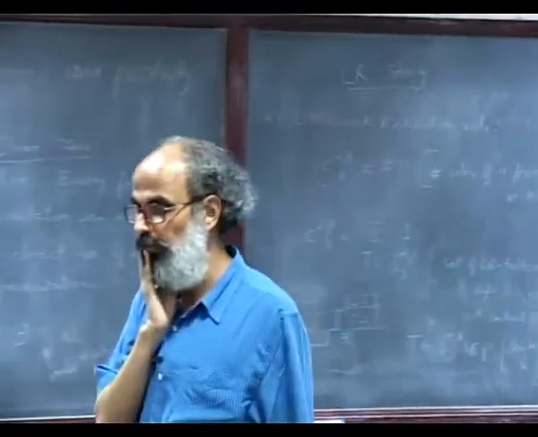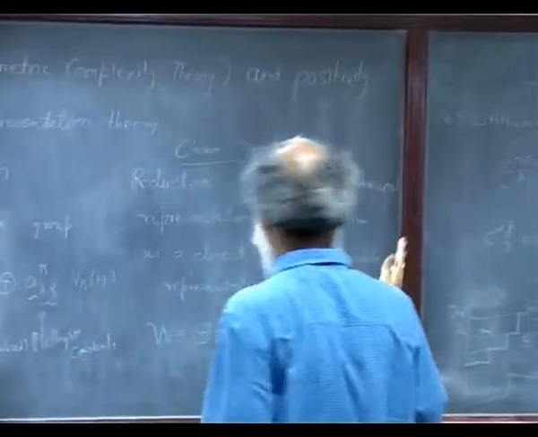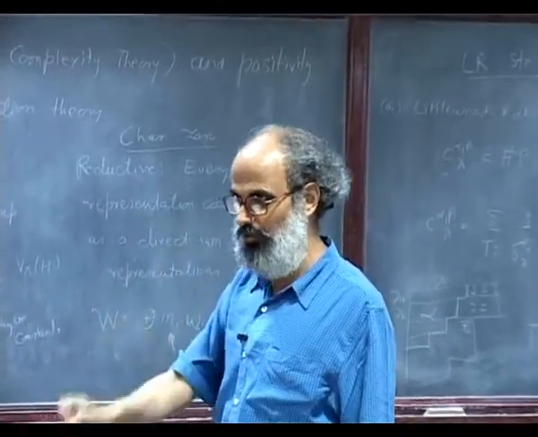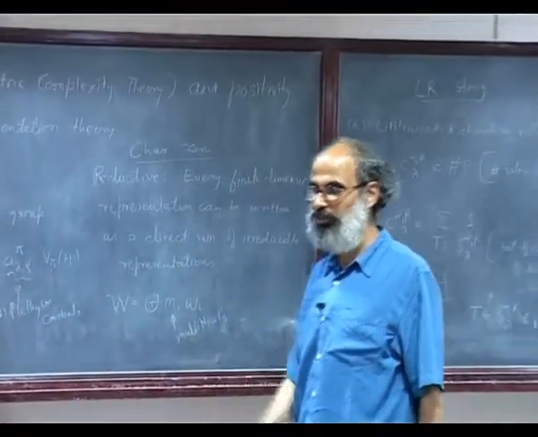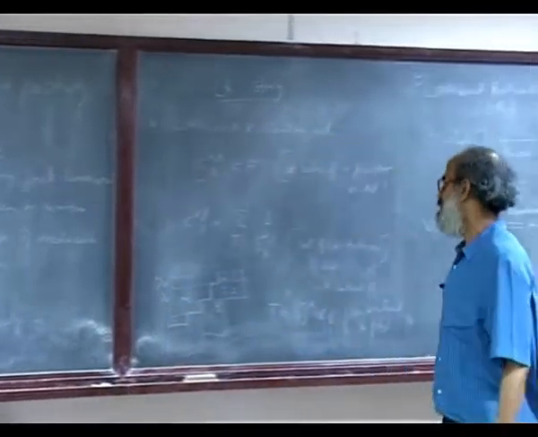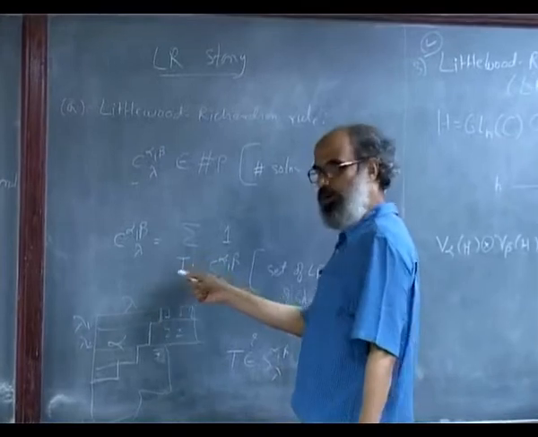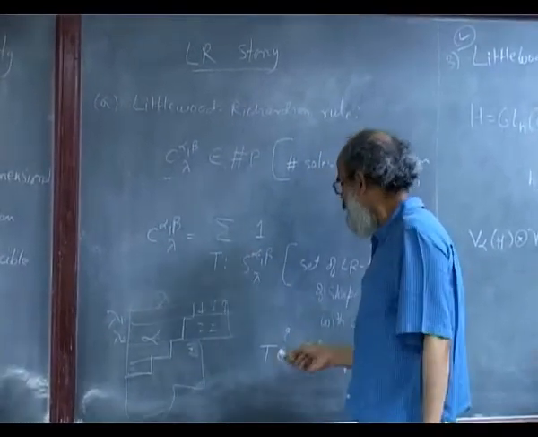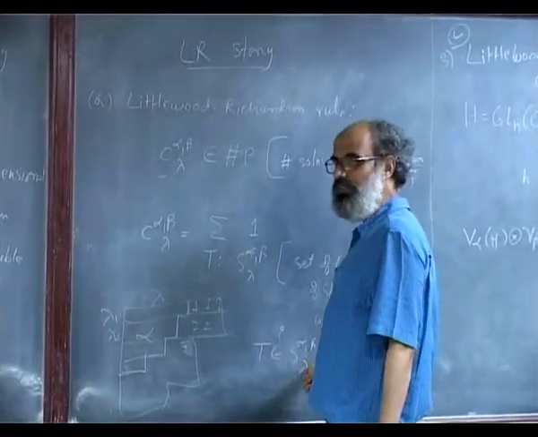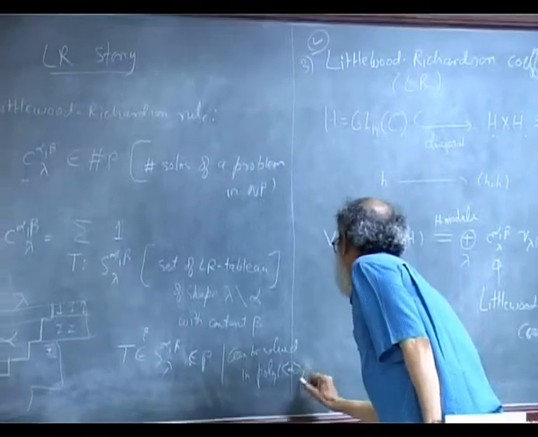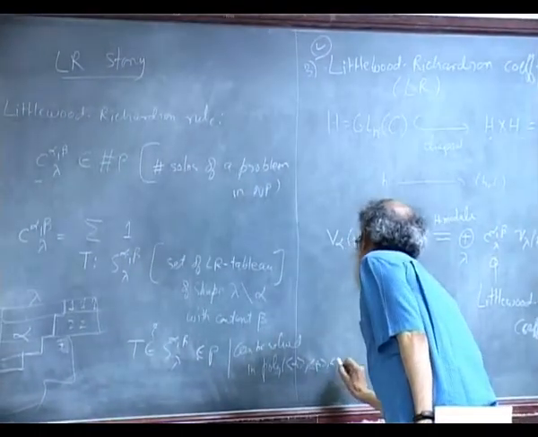Excuse me? You can't compute the formula in polynomial time. Each term, whether that term is correct or not, you can verify in polynomial time. That is what a Sharpe formula means. So whether this tableau belongs to this, you go over all the tableaux. So the membership problem, whether a tableau is really a Littlewood-Richardson tableau, you can do in time that is polynomial in the bit lengths of alpha, beta and lambda.